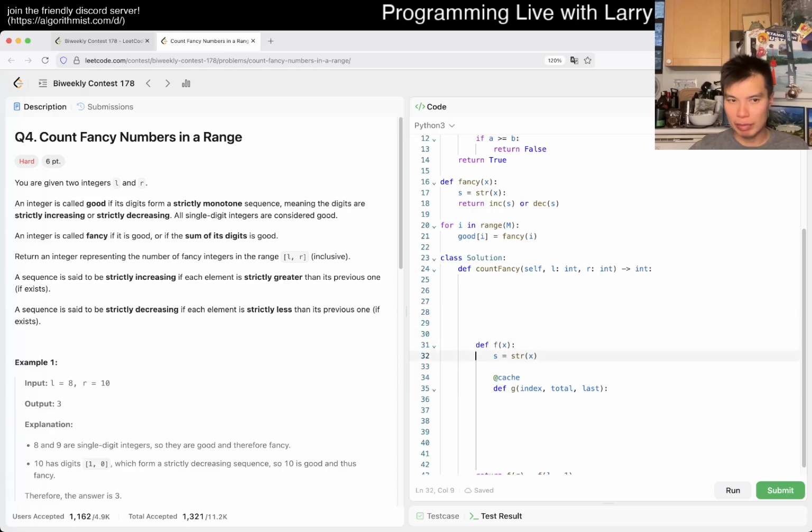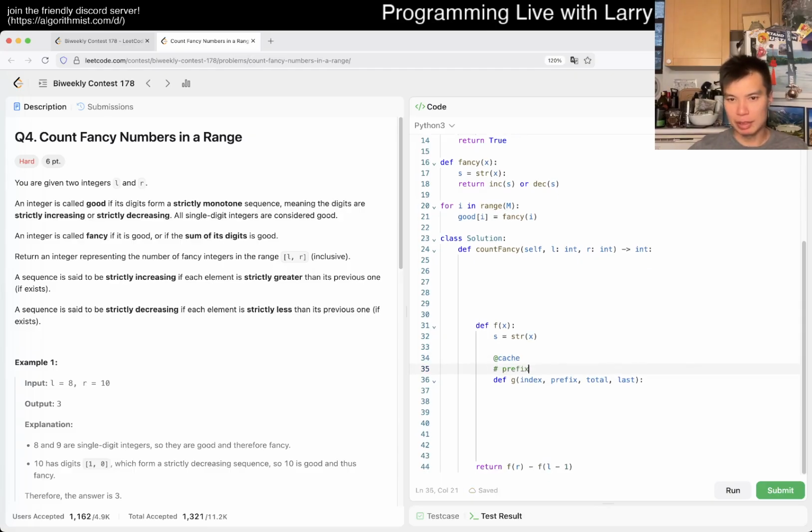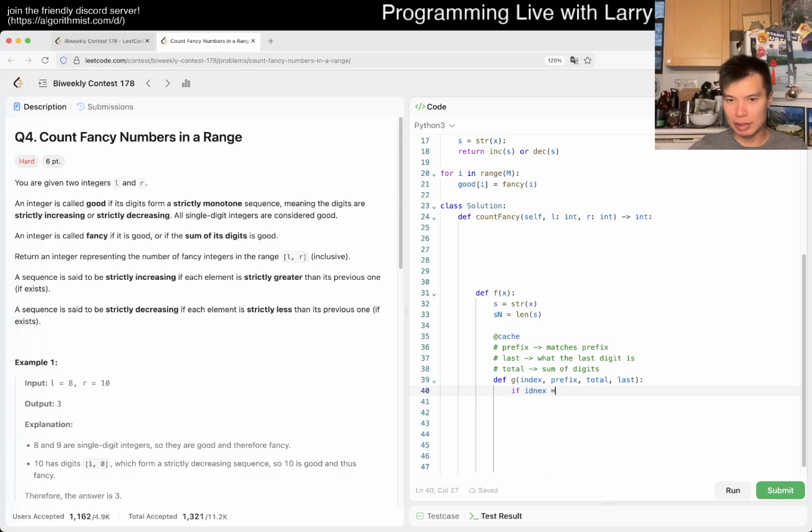Okay, so then now we have index, total. We also need is prefix, right? Total is, and then the last digit. So is prefix matches prefix. Last digit is what the last digit is, and total is just the sum of digits. And then maybe I like to write Sn for the length of s, right? So then now if index is equal to Sn, then